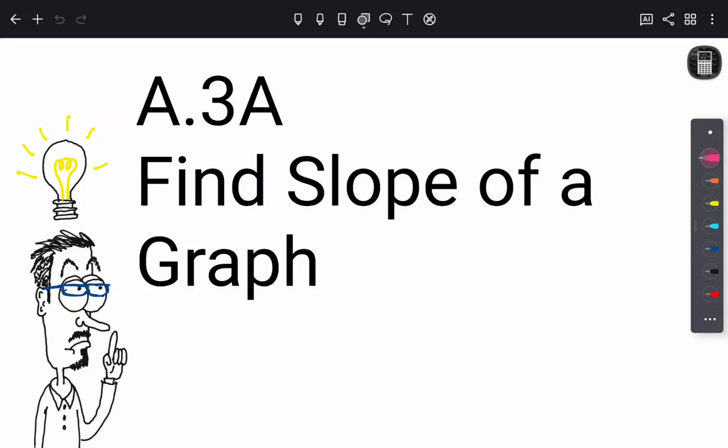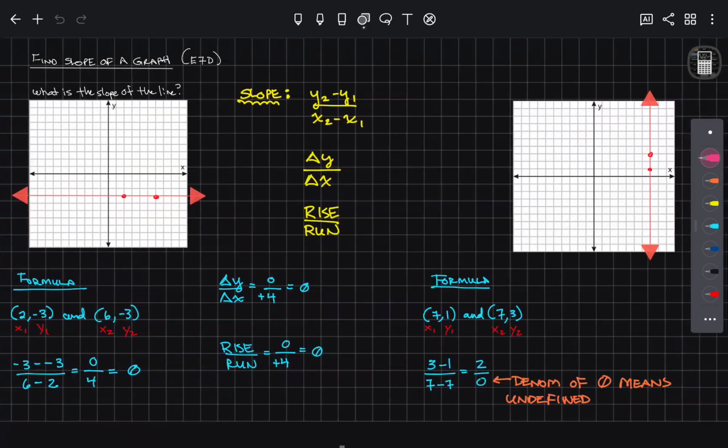Find slope of a graph. So what we're going to be doing is we're going to be looking at a graph, finding slope. There's a really easy way to do this, and there are two exceptions that you should be aware of. Whenever we have 2 points that are going to be side by side, you can see that